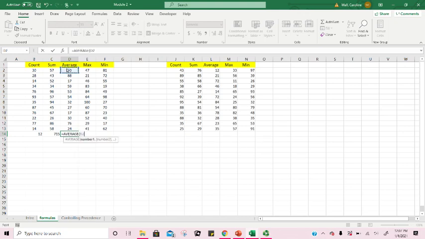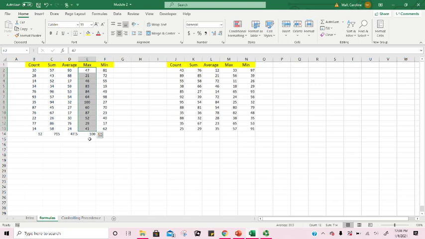Same thing, Shift Control Down, Enter. My average is 47.5. Max and min: if you want to find the highest number, it's MAX, and the lowest number is MIN. Equals MAX. You could drag, or you can do Shift Control Down, Enter. My max value for the range E2 to E13 is 100, and my minimum